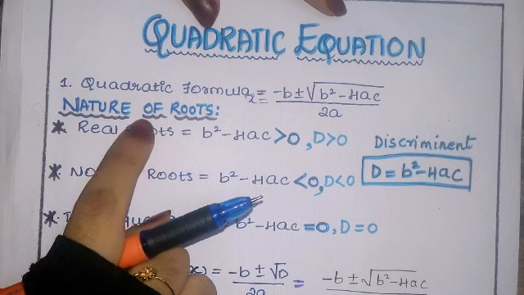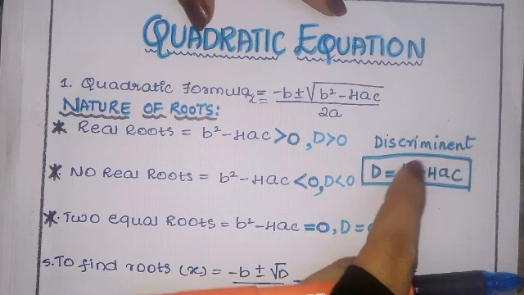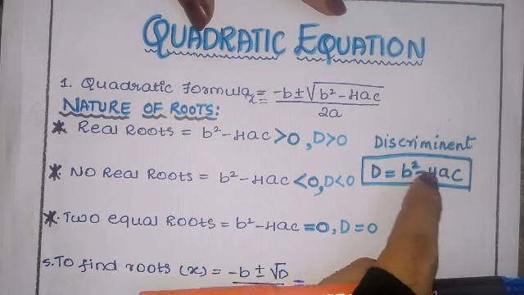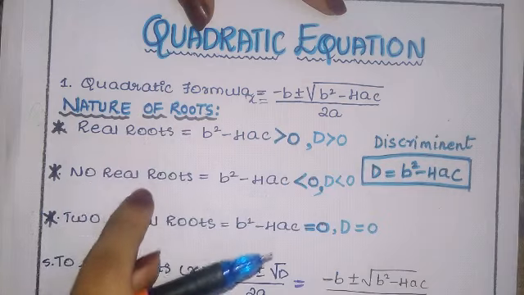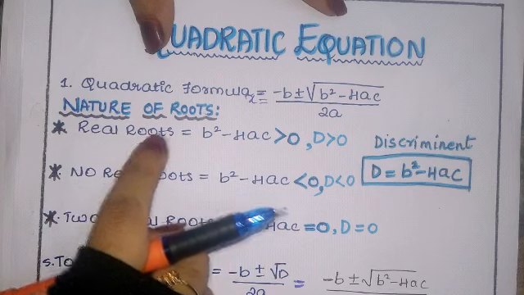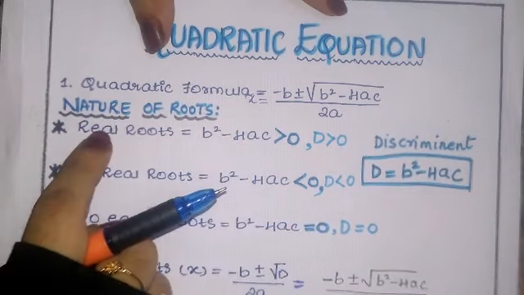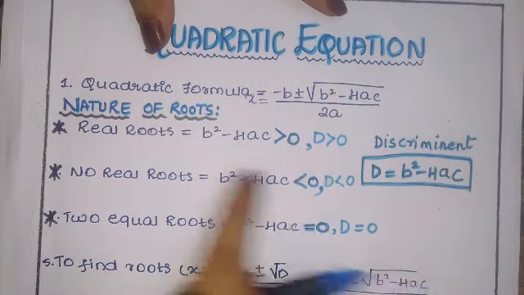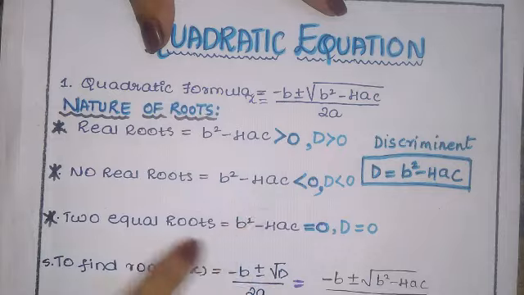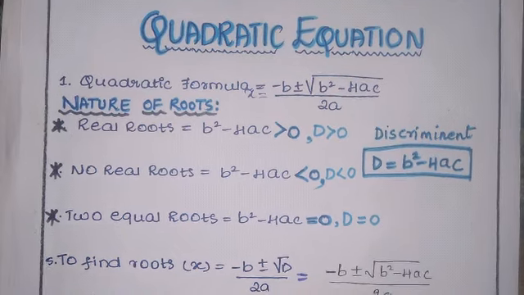Next, the nature of roots. In quadratic equations you should know the nature of roots, where the discriminant is used, or find the discriminant. When the question asks for the discriminant and nature of roots, at that time you should use this: D is equal to b square minus 4ac. There are 3 conditions. If D is greater than 0, roots are real roots. D is nothing but b square minus 4ac. D less than 0, no real roots, and D equal to 0, 2 equal roots. These are the conditions which are very important when they ask to find the nature of roots. So this is about quadratic equations.